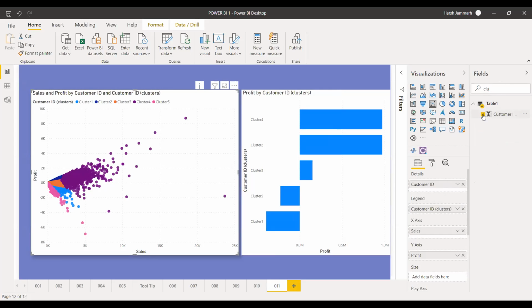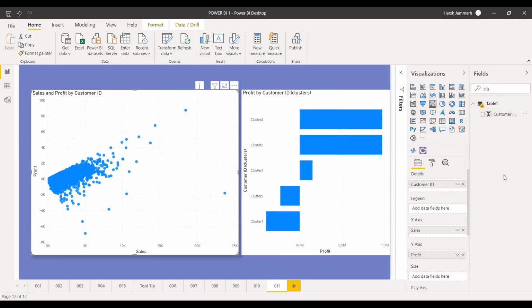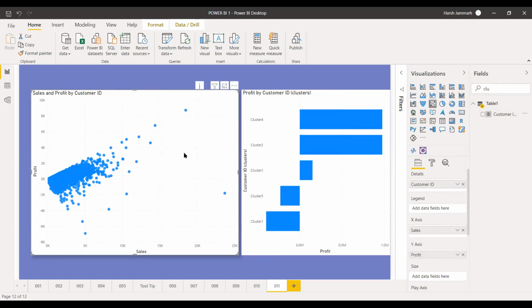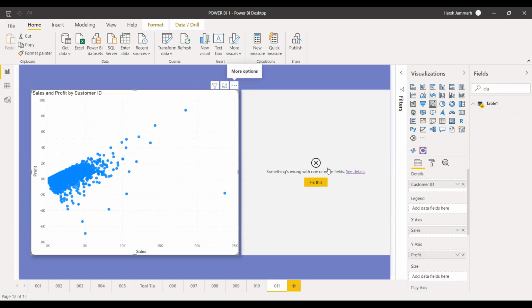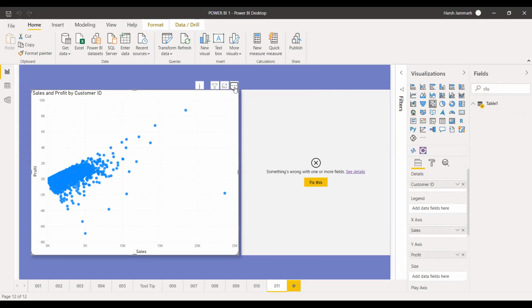From the field list, click on the 3 dots and delete this. Right, yeah, just click on clusters once again. Click on the 3 dots and select clusters. That's okay, leave that. Don't worry about it. Just click on the 3 dots on the scatter chart and click on clusters. Right. Make it 5.